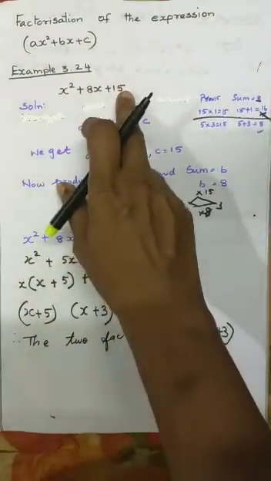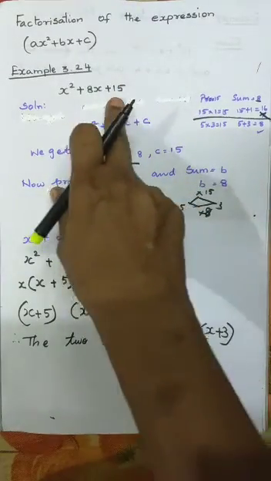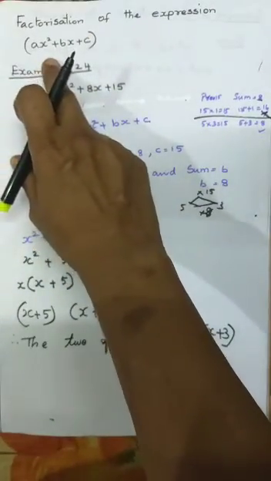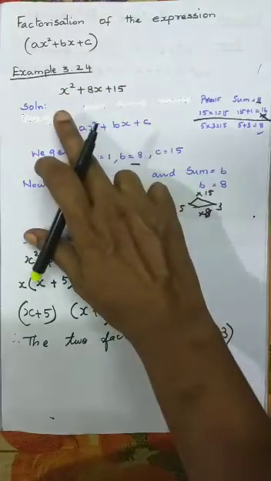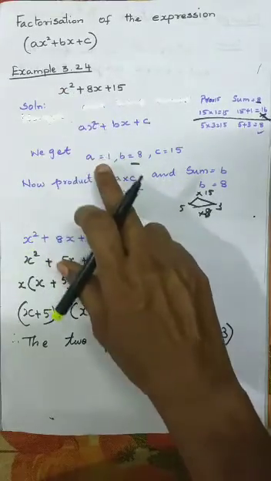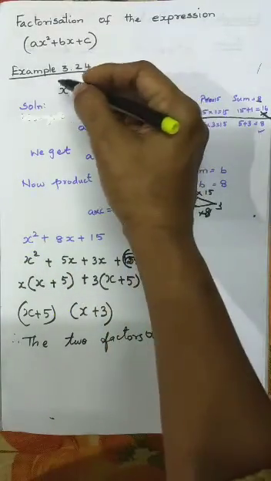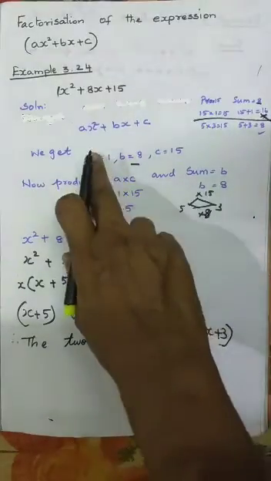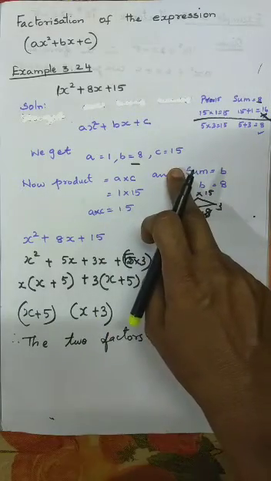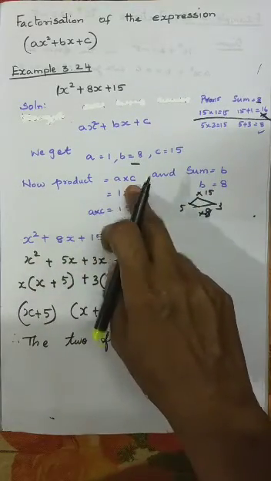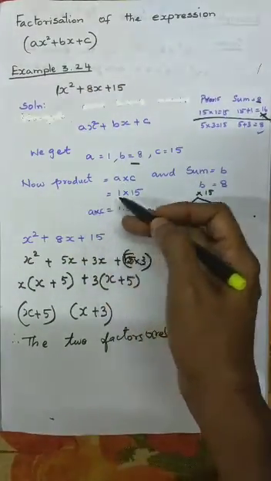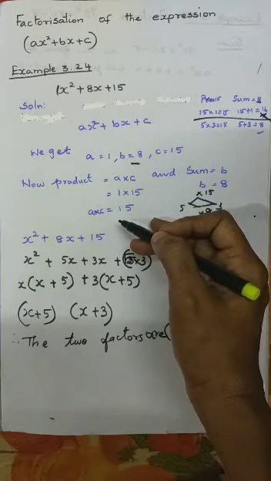Here, see the last term, it is not a square term. So we are taking this expression as ax square plus bx plus c. Okay, ax square plus bx plus c. For that form, looking at this, a is 1. Here a has no term, so you have taken 1. a is 1 and b is 8, then c is 15. Understood? Okay. First you have to see the product of a into c. Product of a means multiply the first term and last term. That is the product of a into c, 1 into 15 is 15.